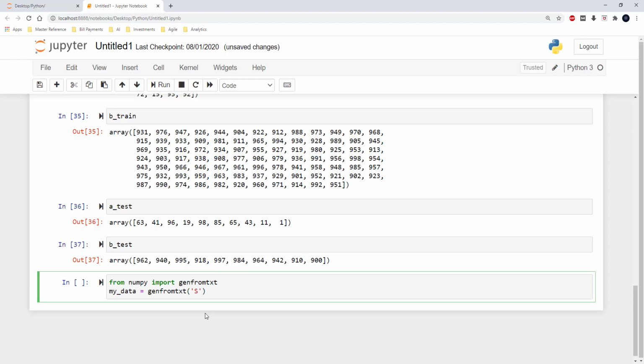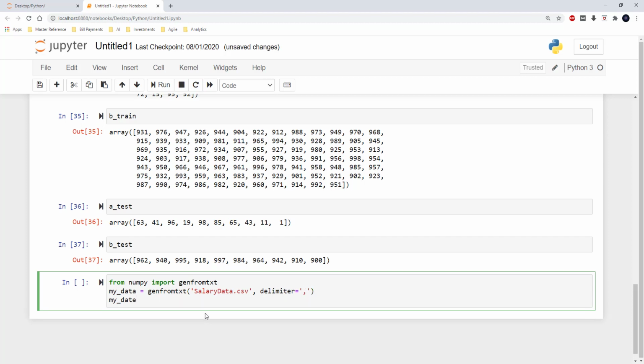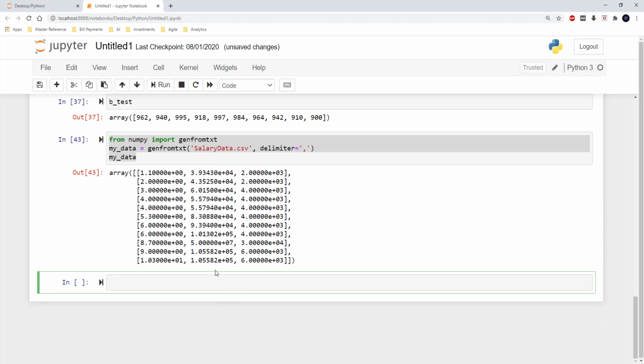The name of the CSV file is salary data.csv, and the delimiter is comma. And then I am displaying my data. When I run this piece of code, you can see that the data from the file is now in the form of an array.